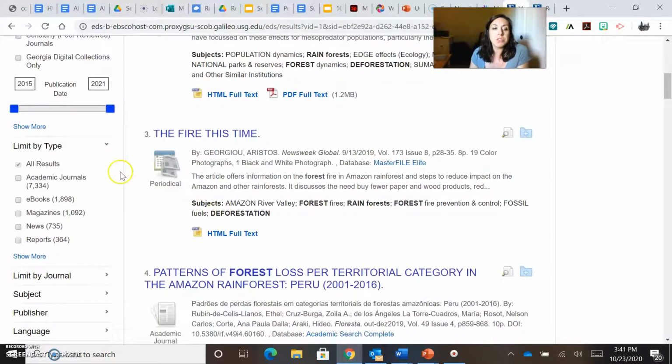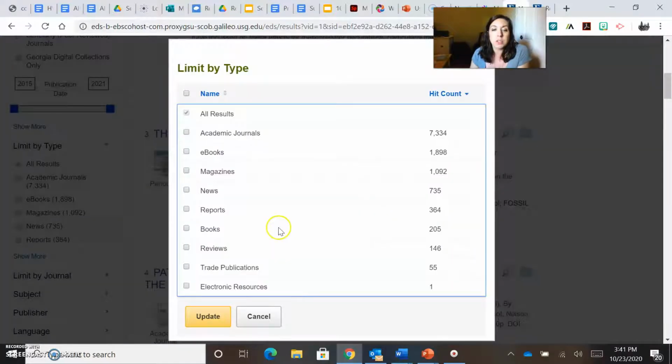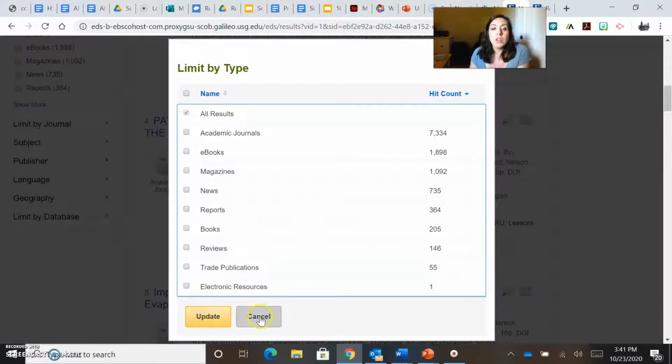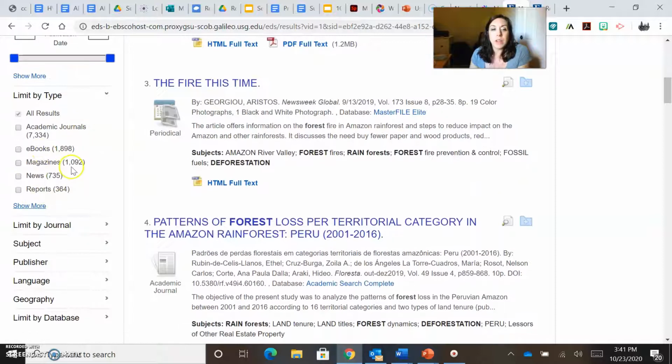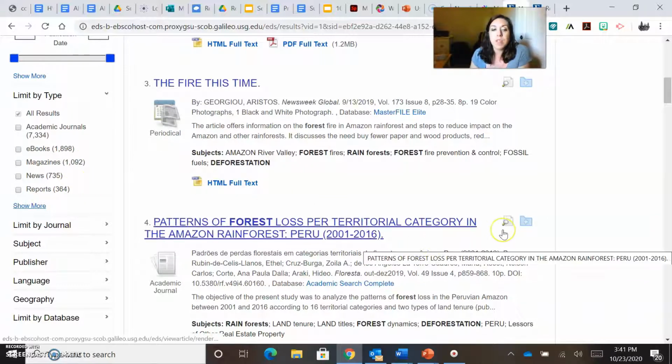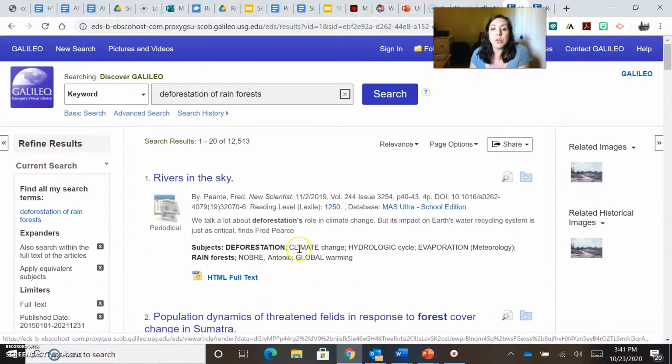But I can also do some other types here. So like, again, there are academic journals. Maybe I'm looking though for news or magazines or reports. There are a few more options if you go here. So I could narrow it that way as well. And you can see how many sources fall under each of these categories. Okay. So similar though to the other site, when there's something that I think looks promising, I can click into